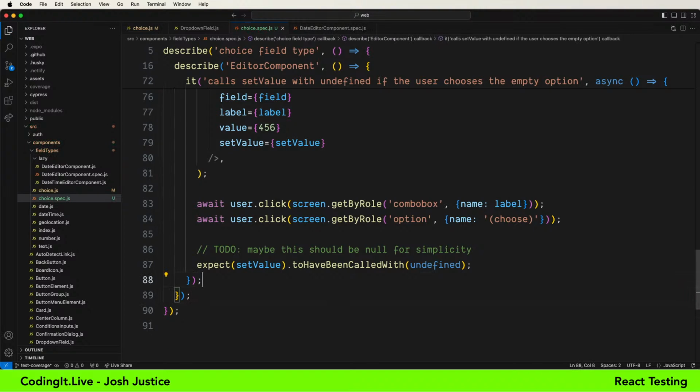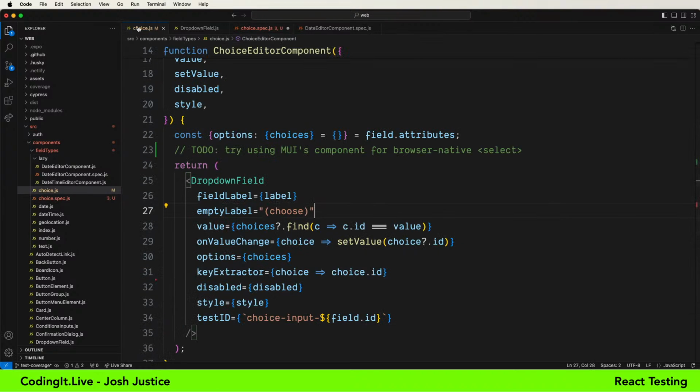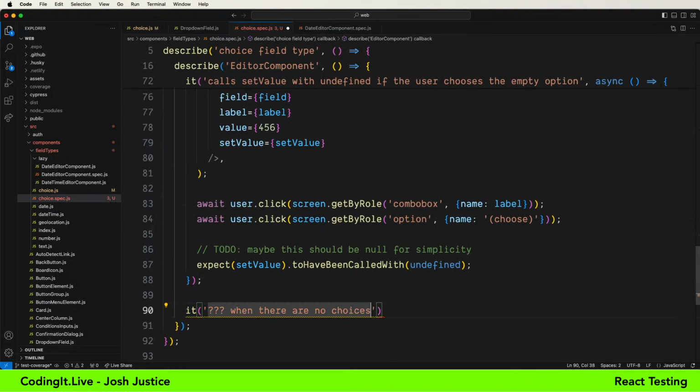And we'll just say it, question when there are no choices. Well, that's interesting. Shouldn't choices be a required option? I think it may be optional, but because of the way my flexible server-side data model might work, that might just be empty, or null, or undefined. So it's not really when choices is the empty array that I care about. When choices is missing. And I think a null or an undefined should behave the same way.